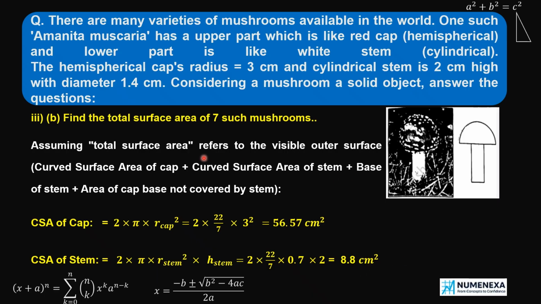So as you can see, to find the total surface area, we know it is the area of the visible outer surface. So we have determined the curved surface area of the cap, that is this one. We have determined the curved surface area of the stem. Now two things still left. One will be the base area, that is this area, and one will be the area of cap base not covered by stem, this part and this part. Okay, so now let's go and find